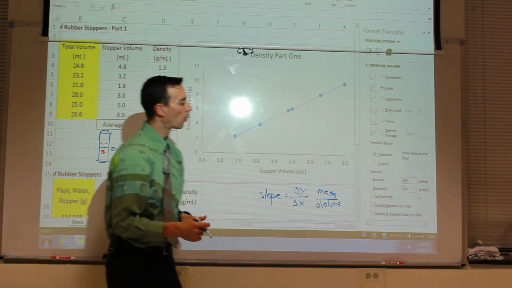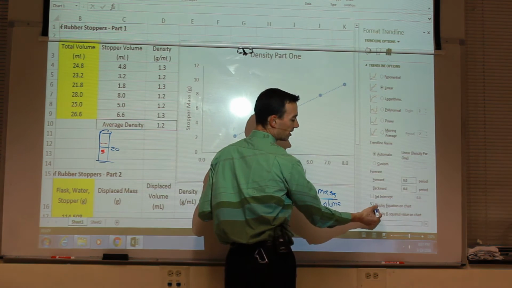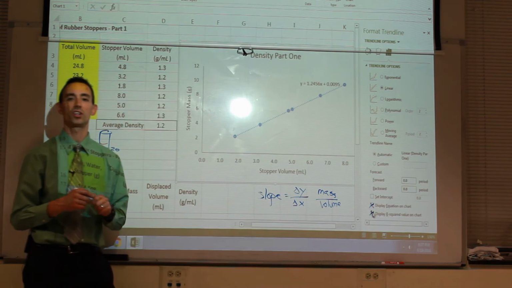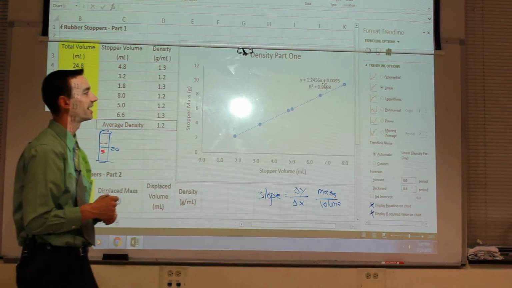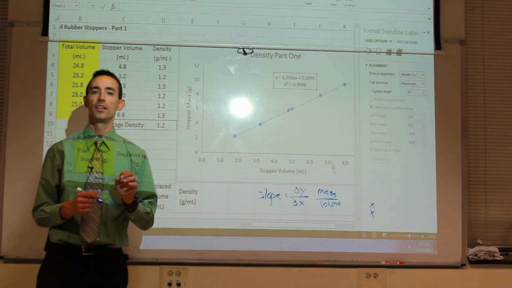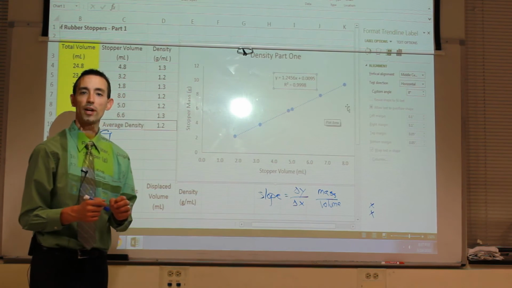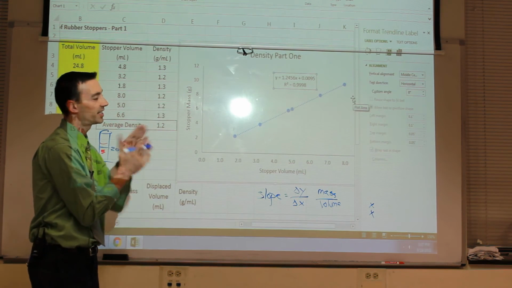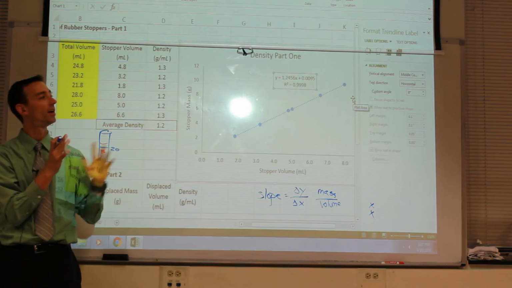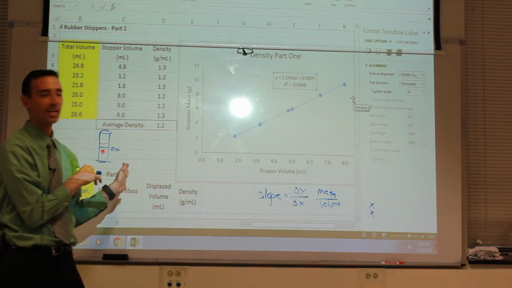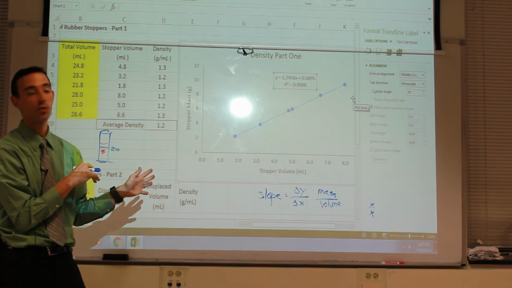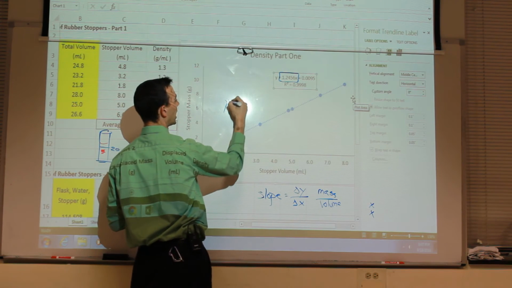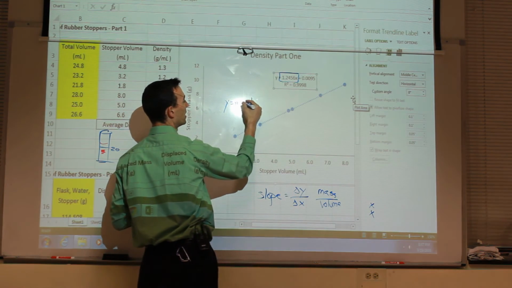And Excel will show us the equation of our line and how well it fits the data. This is what's called the chi-squared or r-squared parameter. The closer that number is to 1, the better all your data fits on that line. So I have a pretty good data set here as my example set with the 3 nines, 0.998. But here's the slope, right? Because all lines are y equals mx plus b. So the slope is this